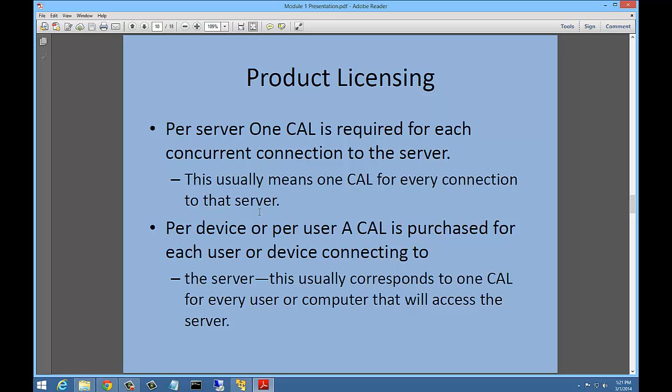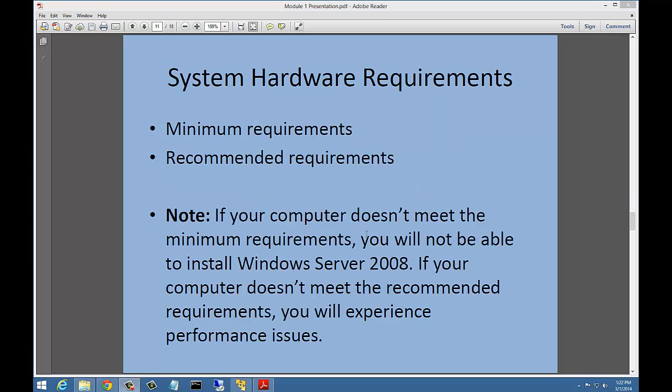Now, the per server is included in every professional version of the desktop version of your software. So if you get a Windows 7 or Windows 8, it already has your per server connection. But you have to also purchase a per device or per user CAL for each user or device connecting to the server. Now, this usually corresponds to one CAL for every user or computer that will access the